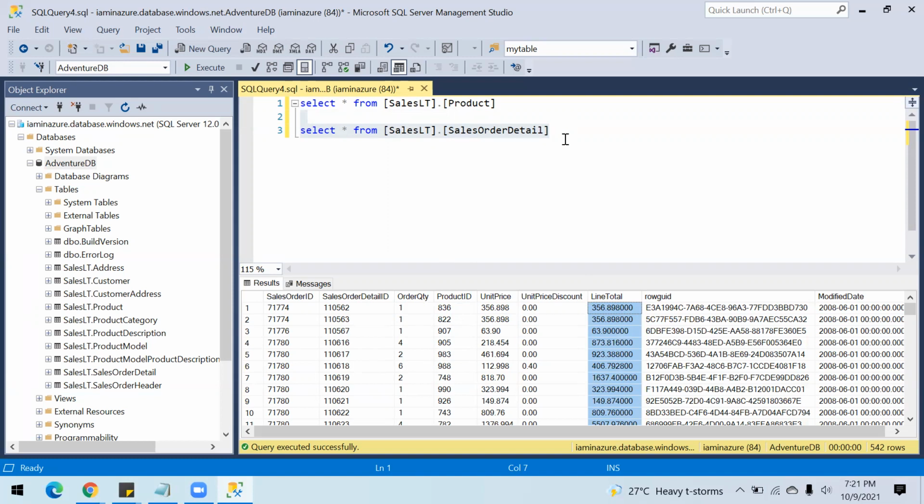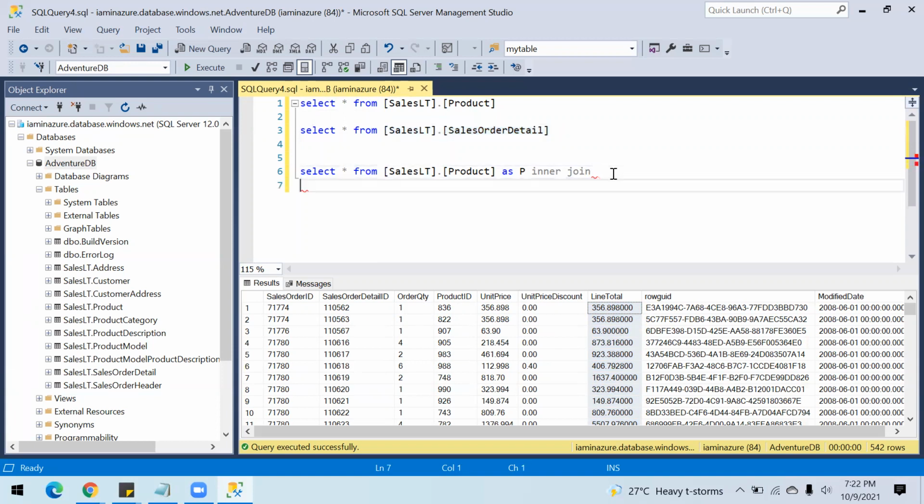I'm now going to create a simple join query where I will get the product name from the product table, and this total line cost from this sales order detail table. So the basic query will be, let's start with the select statement first. Select star from sales product table. I'm going to give an alias for this, which is p, inner join. I hope you have some understanding of joins.